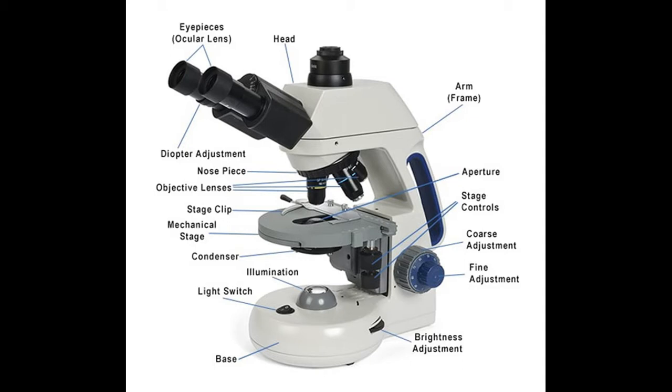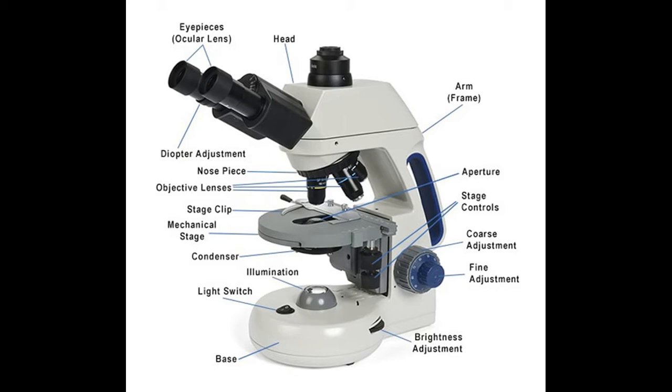Based on the type of radiation which we use for visualizing or magnifying the object on the stage, we can have an electron microscope and a light microscope. And also based on the number of lensing systems, you can have a simple microscope and